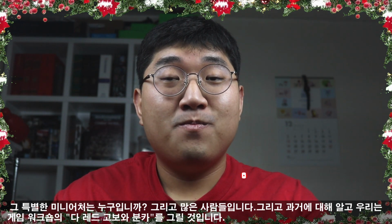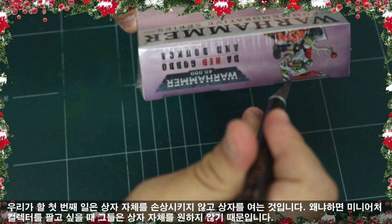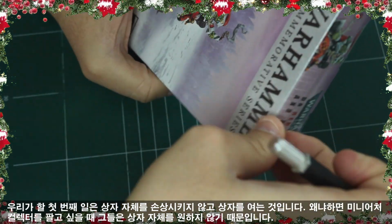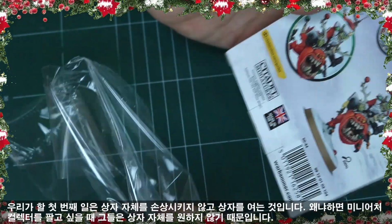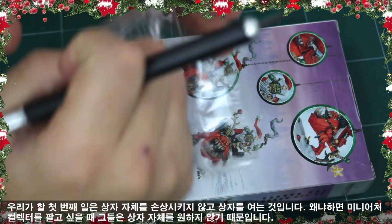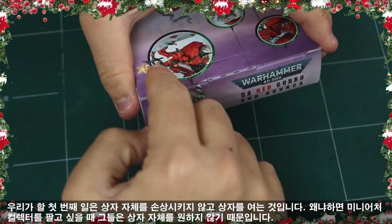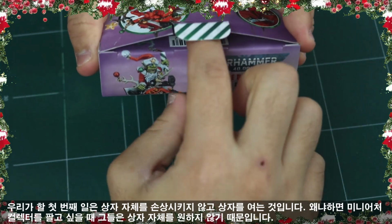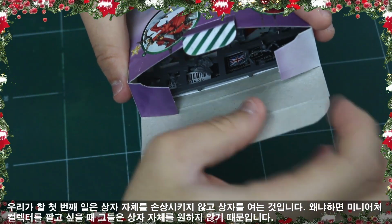Let's go paint it. First, I'm gonna open the box and see what's inside of the package. As I mentioned before in one of my oldest videos uploaded on the channel, there is a way to open your boxes, and I always use a hobby knife to open the top, take out the plastic bag, and then switch between the two sides of the box,